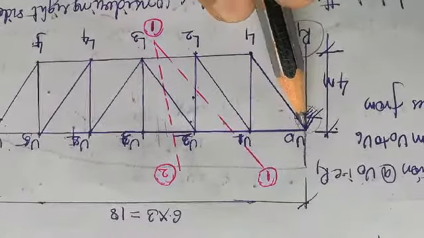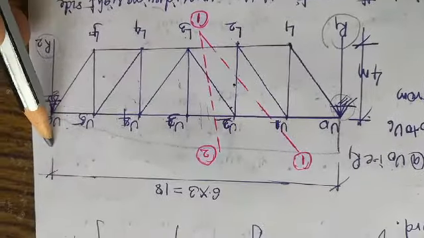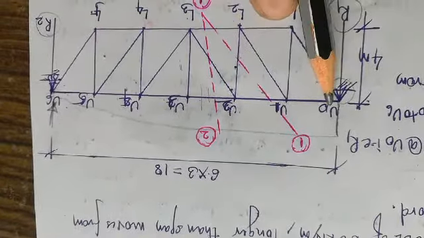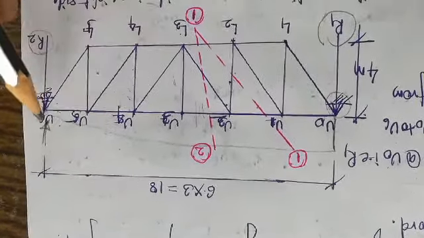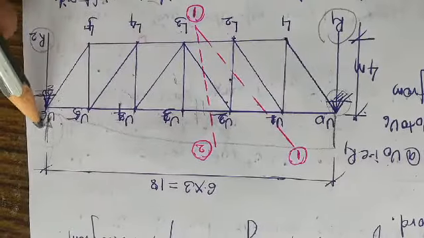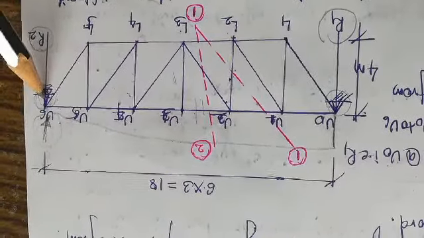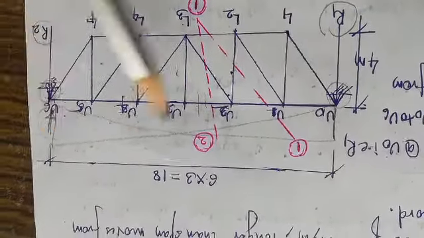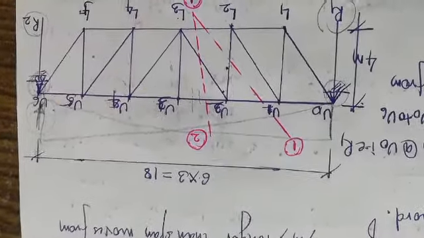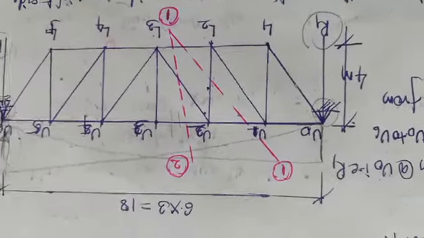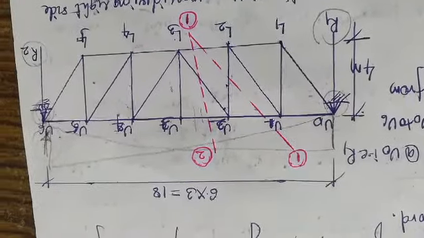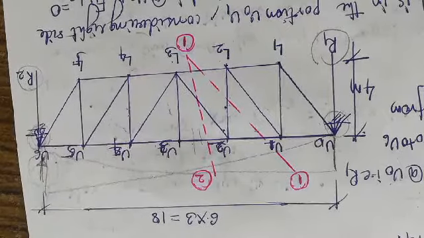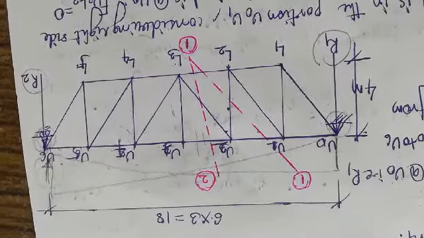Similarly, when the load has transferred from R1 to R2, that is nothing but the U6 joint. When the load moves from U0 to U6, the unit load is completely taken by this support alone. That is why the ordinate will be 1 over here and the ordinate at U0 will be 0. So this is the influence line diagram for R2. The same thing we have done in our beam analysis, that is a concept we have done. There we can see how the influence line diagram was developed.